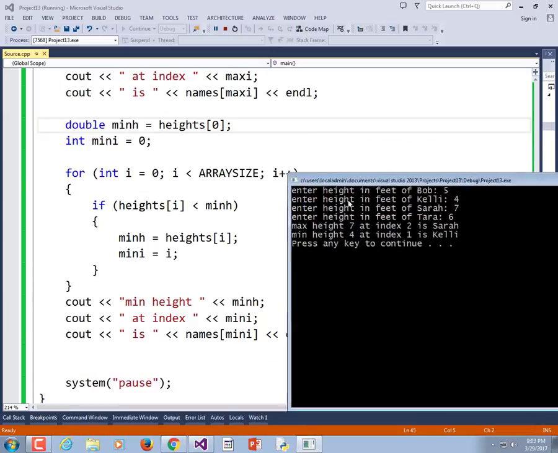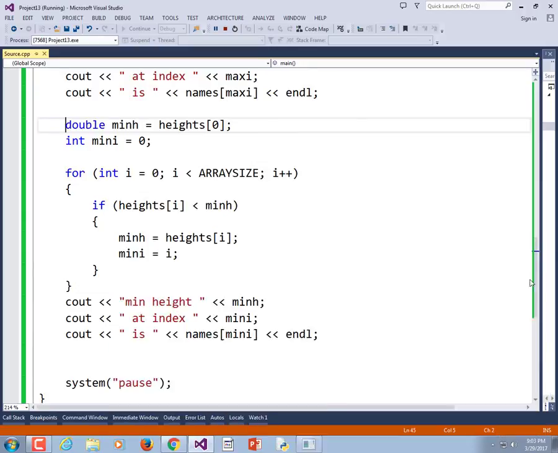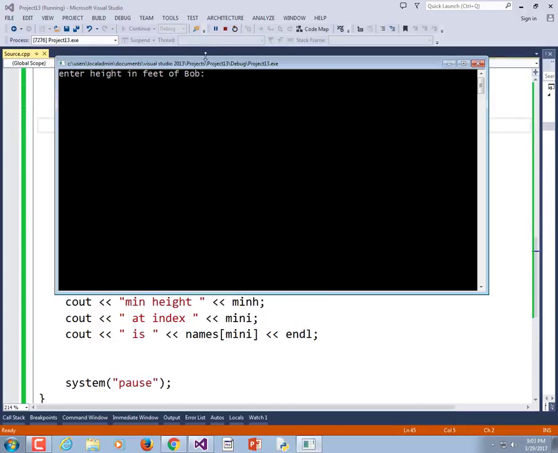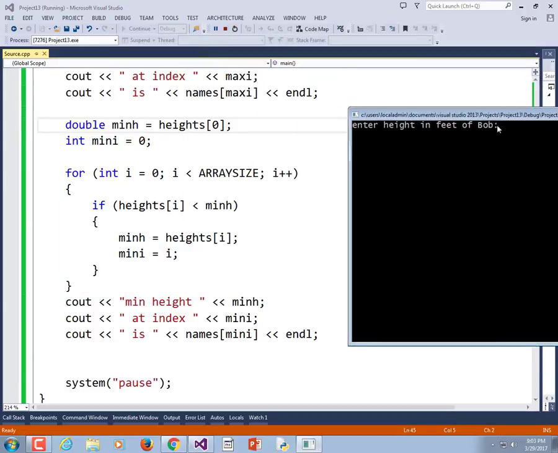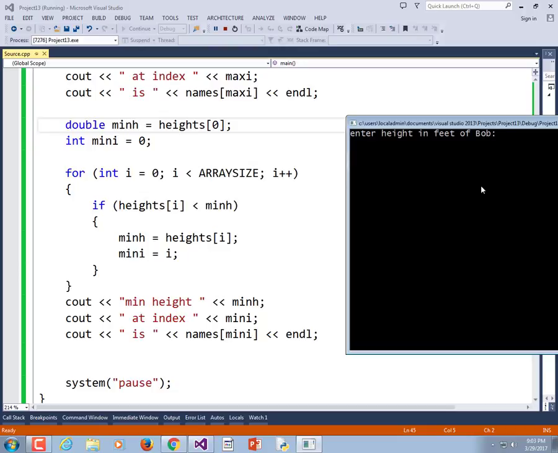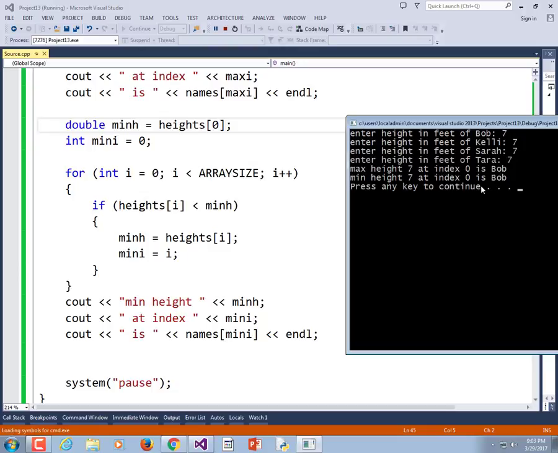What happens if they were all 7 feet tall? Besides the fact that we apparently have a race of aliens. Let's do 7 feet here, 7 feet here, 7 feet here, 7 feet here. The max height is Bob, the minimum height is Bob. Is that quite accurate? It's not inaccurate. It's not completely inaccurate, but